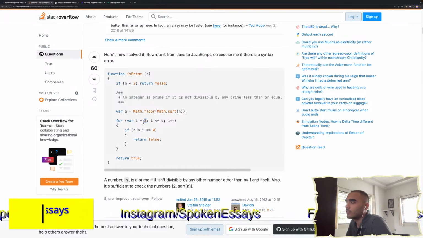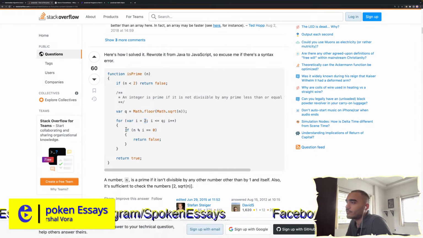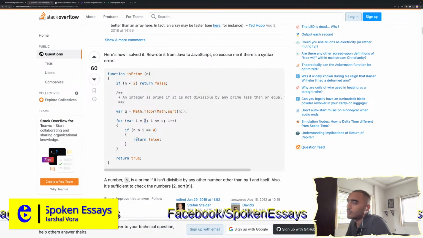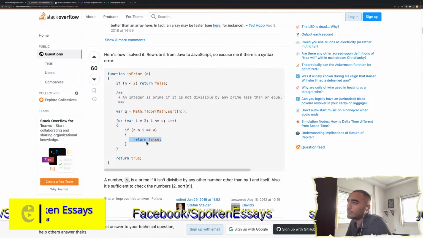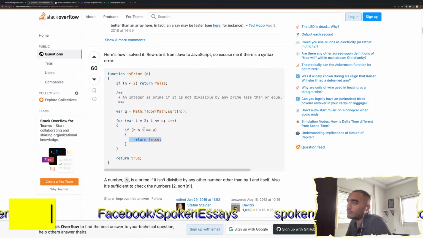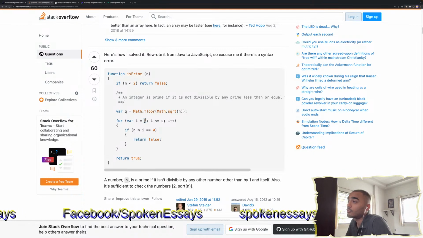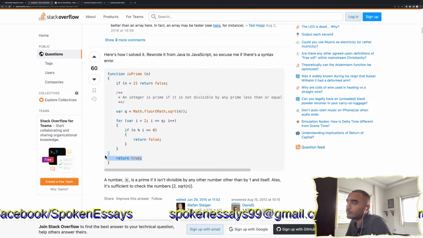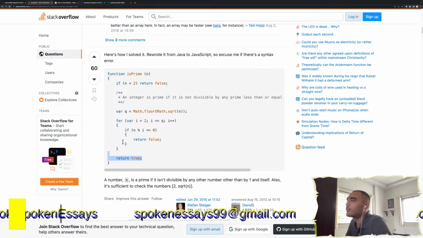It will loop twice. It will iterate twice. So first it will check whether it is divisible by 2. If it is, then return false. If it is, then you check 3. Oh wait, 3 is not. 2 is not. So you simply return true. It is